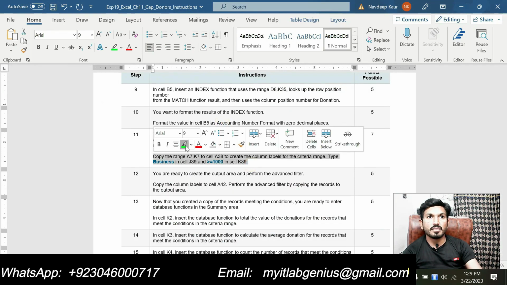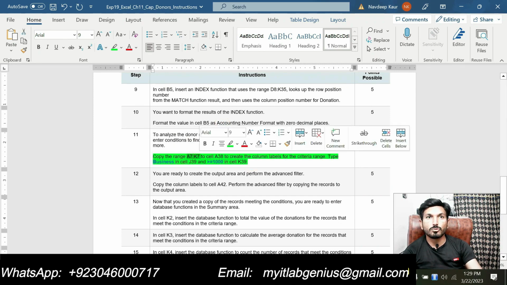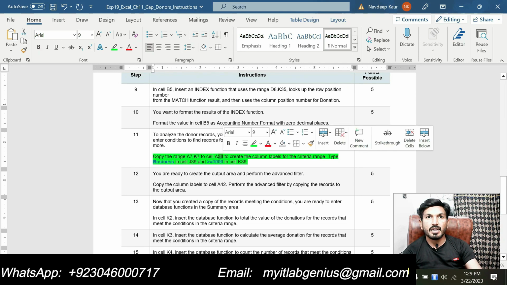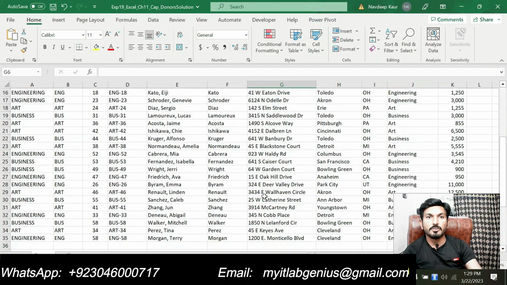So step number 11 is copy the range A7 up to A7 to the cell A38 and create the column label for the criteria range. Type business in cell J39 and greater than or equal to 1000 in cell K39. So I have solved this one as well.